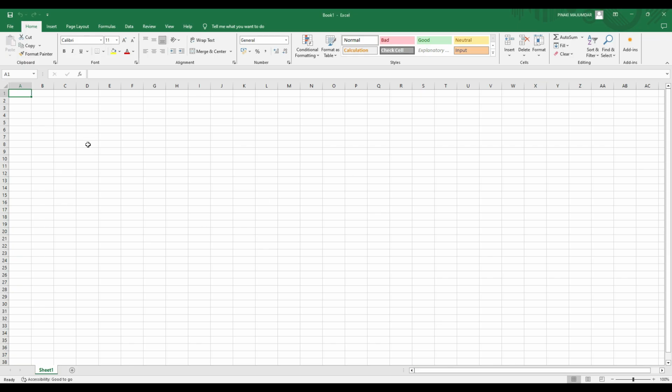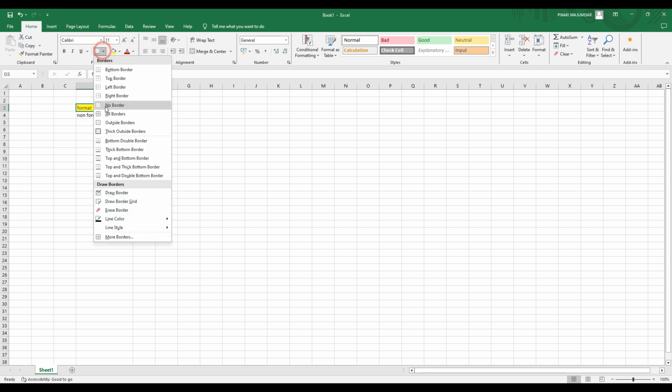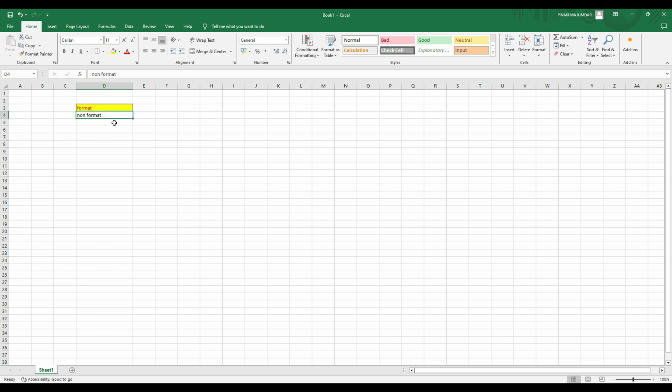So if you come here in Excel and type for format and non-format, I'm just putting values. There is no specific meaning to this. I am formatting this particular column, putting it here,